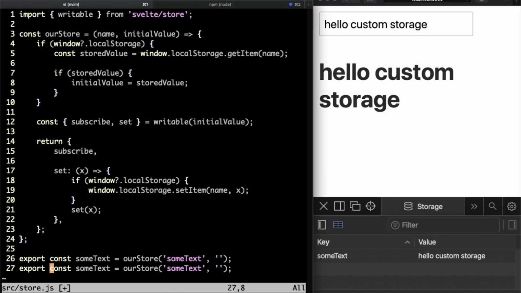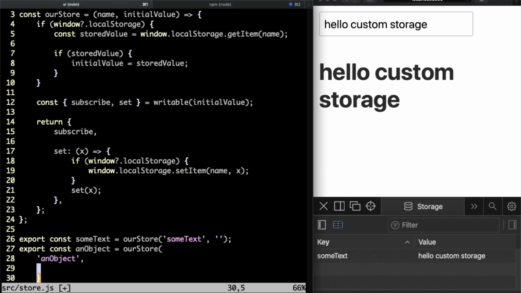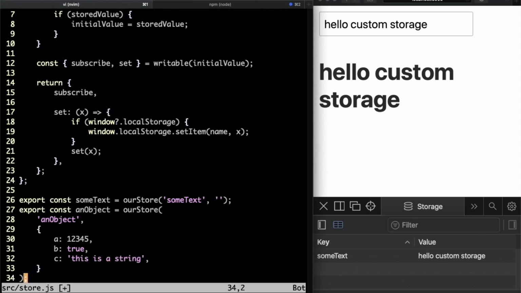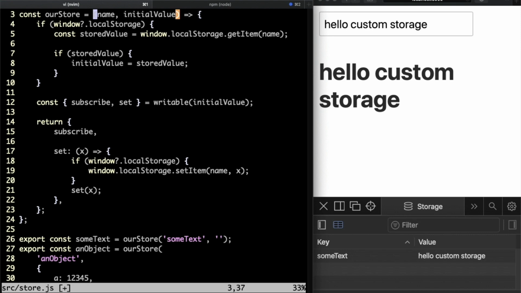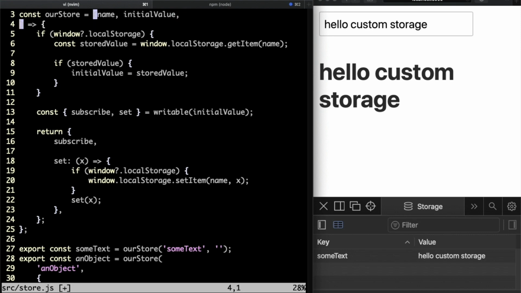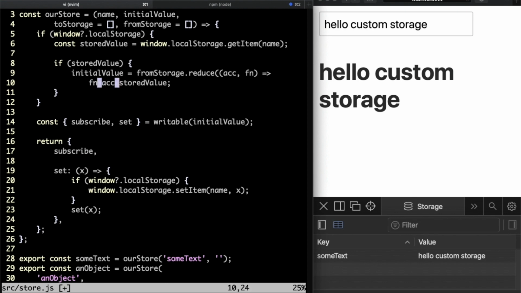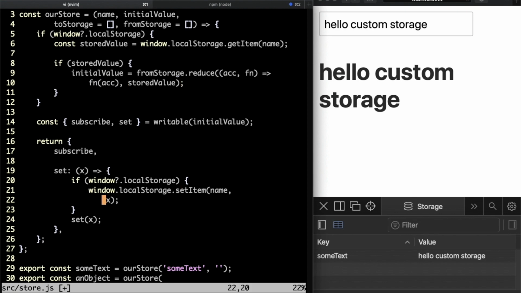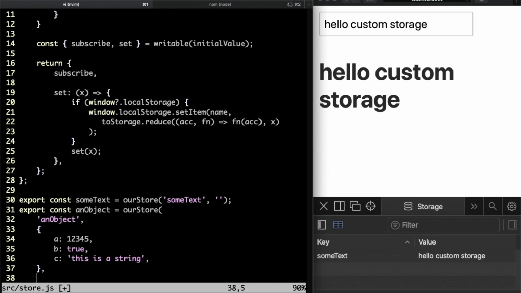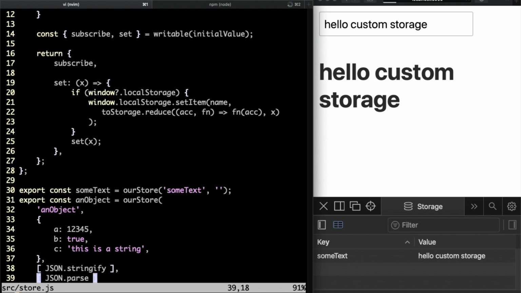Okay, so we're able to store strings in local storage, but what about objects? Local storage getItem and setItem write UTF-16 strings, not objects, so we need to adjust our custom store to handle transforming data on read and write. We'll do this by supplying an array of functions to call on our data when we write it to local storage, and another array of functions to call when we read from local storage. We'll use JSON stringify to convert the object to a string for writing, and JSON parse for converting the string